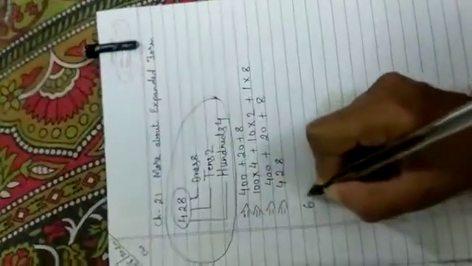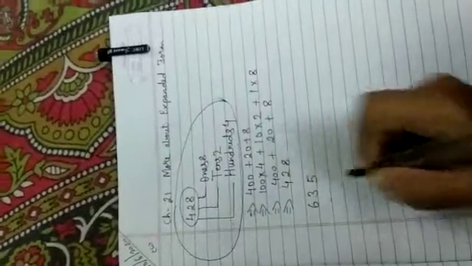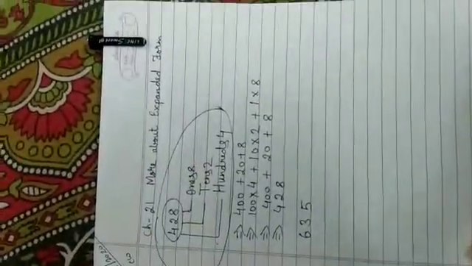Suppose a number is given here, okay, 635, and we'll ask you to write this in expanded form. See, in your math book, it's given. Write the place value and expanded form of the given number. It is written like this. So try to understand this, okay?